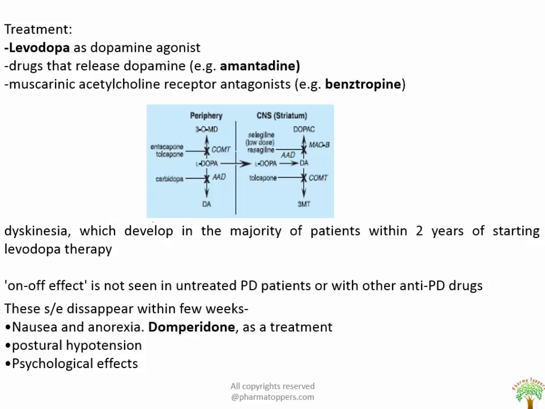So the use of sustained release preparations or co-administration of a COMT inhibitor, such as entacapone, may be used to counteract the fluctuations in the plasma concentration of levodopa. The side effects, which disappear in a few weeks, are nausea and anorexia. So domperidone could be used as a treatment because it works on the CTZ, where the blood-brain barrier is